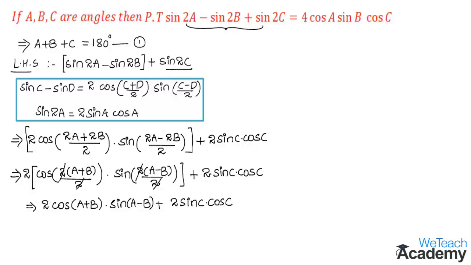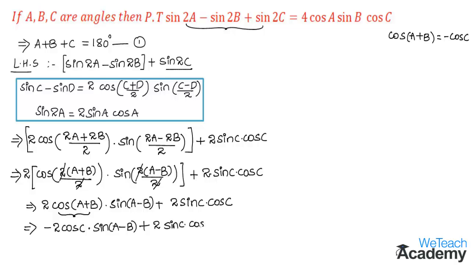And here in the first term where we have cos (a plus b), we can use the identity where cos (a plus b) is equal to minus cos c. So by using this identity, we get minus 2 cos c into sine (a minus b) plus 2 sine c into cos c. And now the next step will be taking a common factor from both these terms. So here we have the common factor as minus 2 cos c. By taking that term as the common factor, we get minus 2 cos c into sine (a minus b)